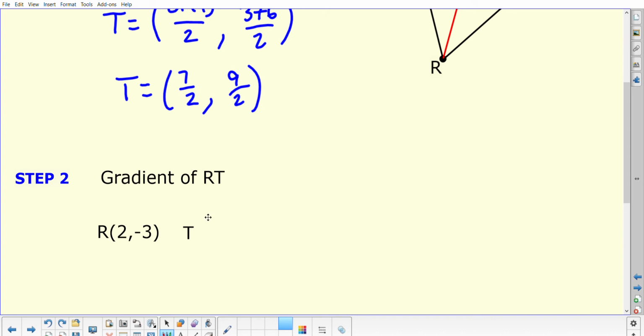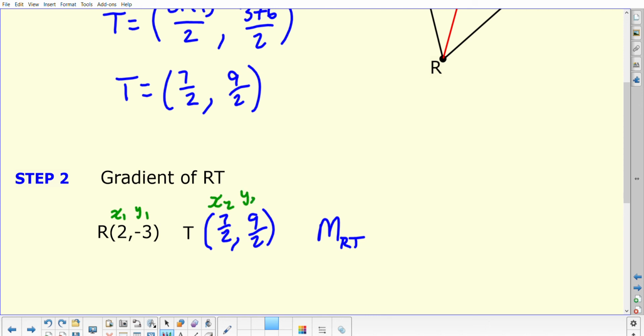So our coordinates of our point T that we've just worked out were 7 over 2 and 9 over 2. So gradient of RT, and again you're doing x1, y1, x2, y2. If you have them written down, it's easy to see in front of you. Now this is going to look quite a wee bit clunky when we do this because we've got fractions over fractions. So y2, 9 over 2, take away negative 3, over 7 over 2, take away 2. So on the top there,